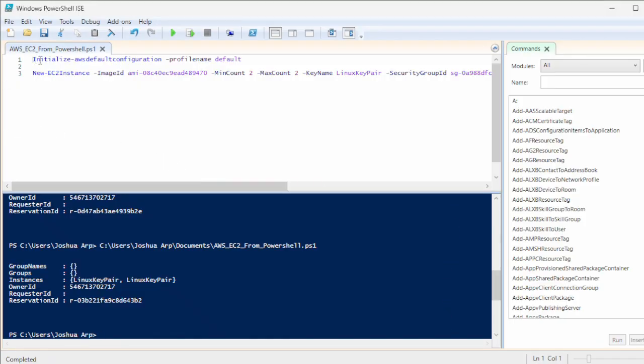So that's great. Now I have EC2 instances running, and I'm hoping to get them shut down because I don't want to keep these instances running long term. So if that is the case for you, once again, you could use the console, but for sake of this, we're learning how to interact with our EC2 instance with PowerShell. So let's add in a command here that will terminate our EC2 instances. So if we go here and say Get-EC2Instance,